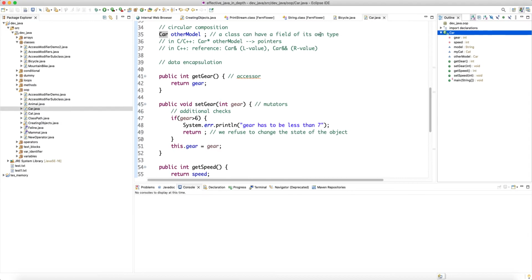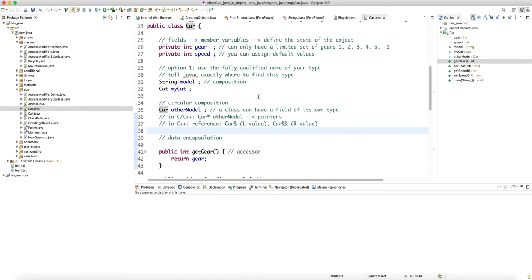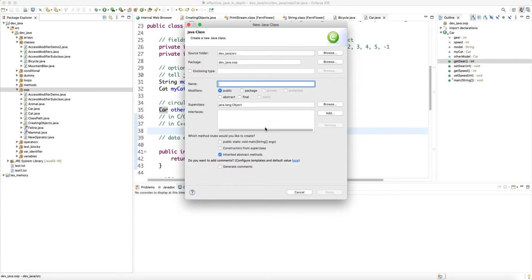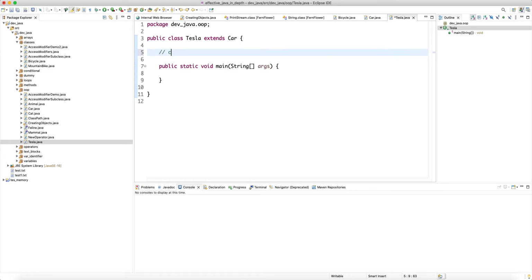Which means it gets the default no-arg constructor that the compiler provides, right? And then let's say we create a new class. Let's call it Tesla, and then we're going to inherit from the car, right? And then here we're just saying that we're not doing any. Let's have a main method, right? But we're not providing any constructor, which means the Java compiler provides the no-arg constructor, which means